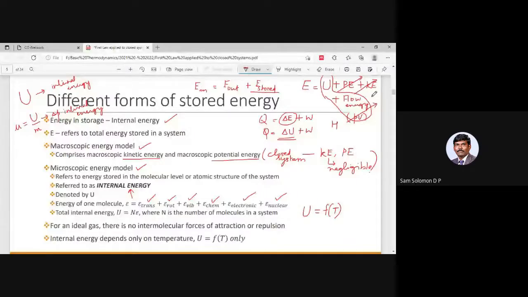There is no flow work, so we can replace energy in terms of internal energy alone. And there is a definition for this internal energy, and people define this change in internal energy delta U as